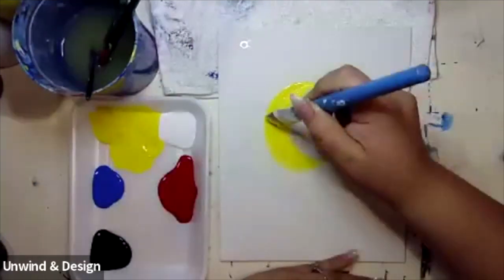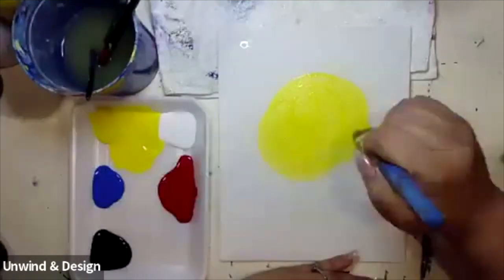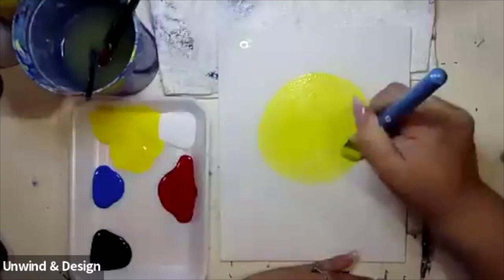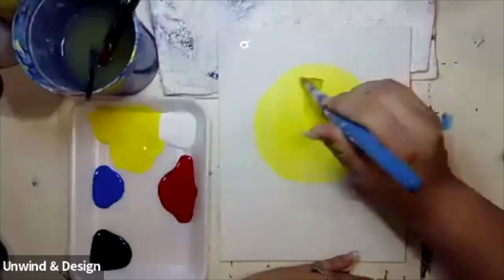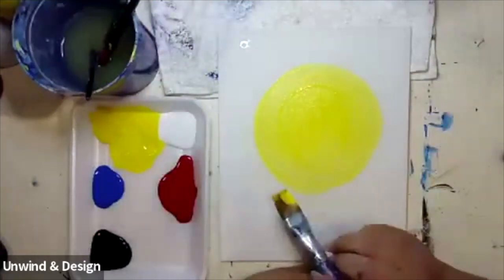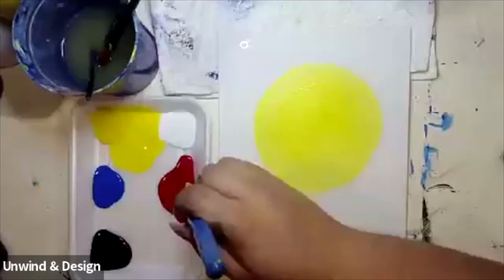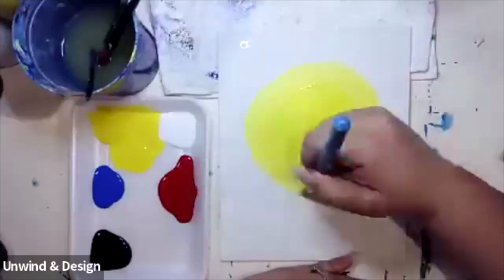Next, we will be going around in a circle right in the middle of our painting. We're going to start with a nice wide circle. And we're going to add a little bit of yellow. Once we make that big circle,